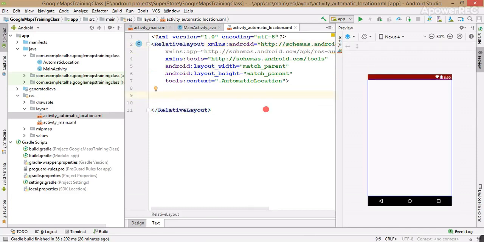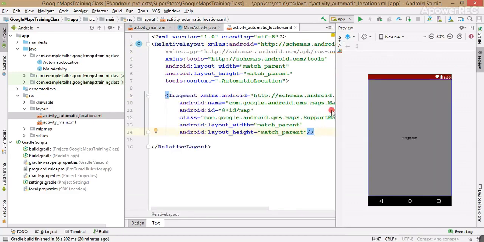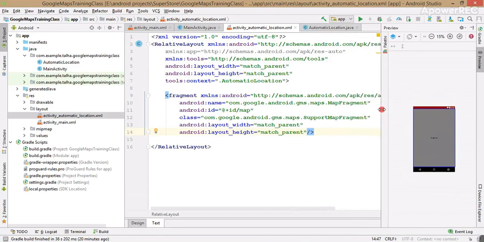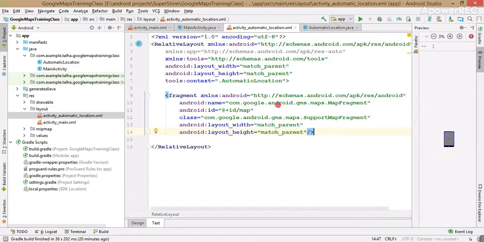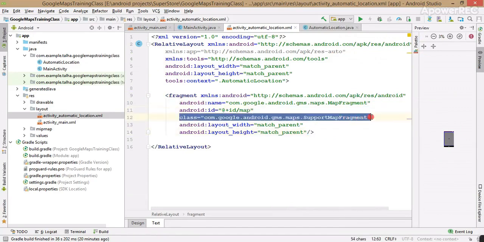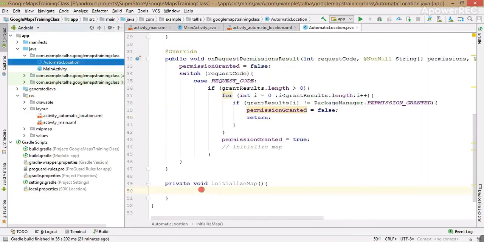You can find map fragment code from the internet. I have copied it from the internet. I am going to paste it. So here is the map fragment code in front of you. You can find it easily from the internet, but don't forget to include this line in your map fragment XML file. Now go back to your Java file AutomaticLocation, and inside the initializeMap method let's write